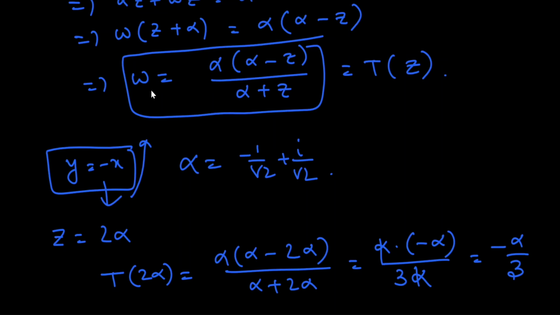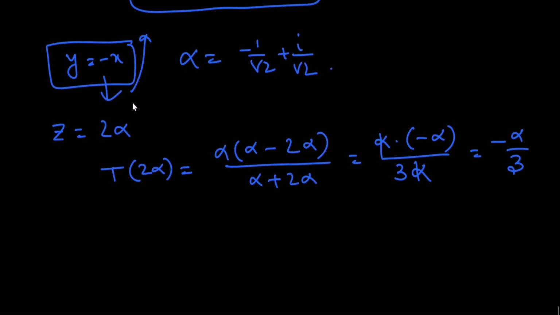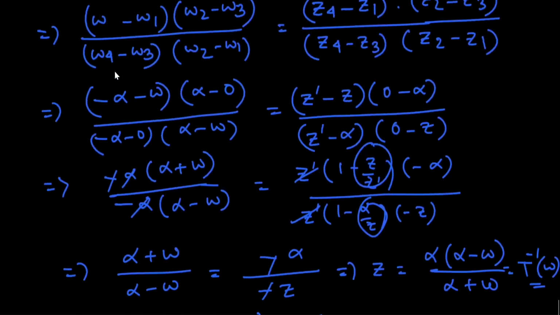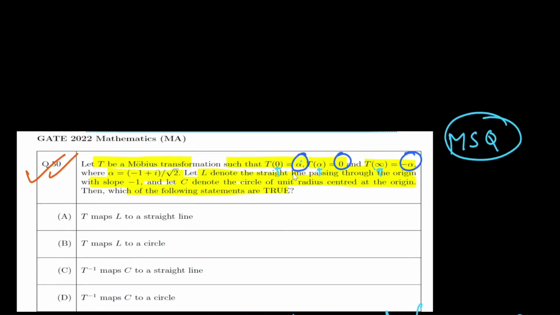Yes, minus alpha by 3, and alpha is the point this. So if we write this is the W plane, the point 2 alpha is in the Z plane, so 2 alpha goes to